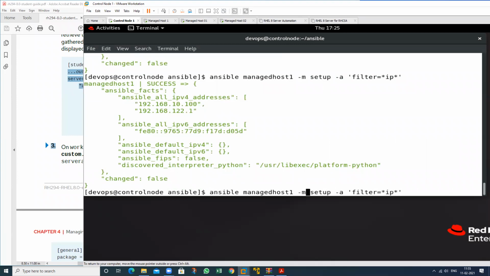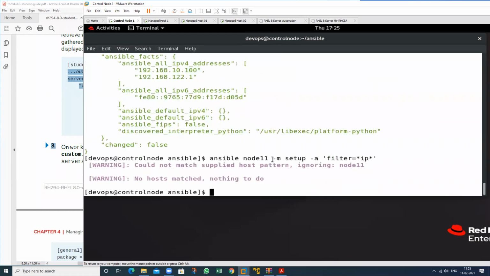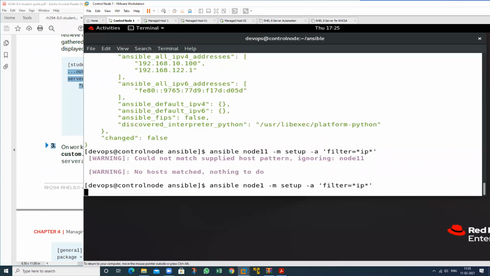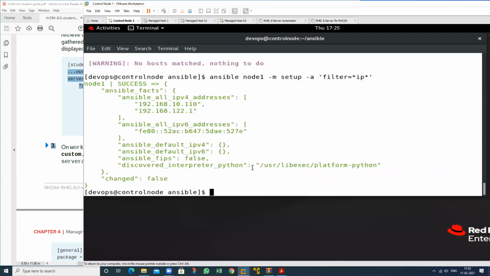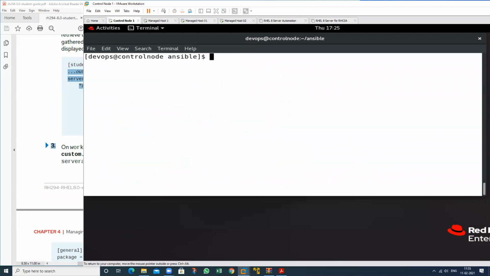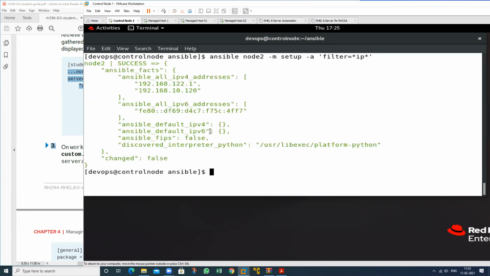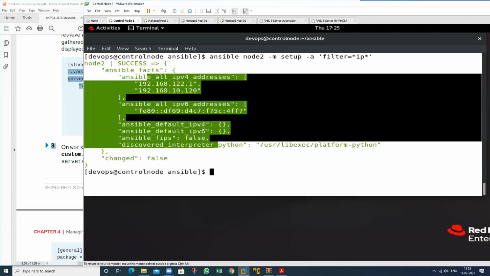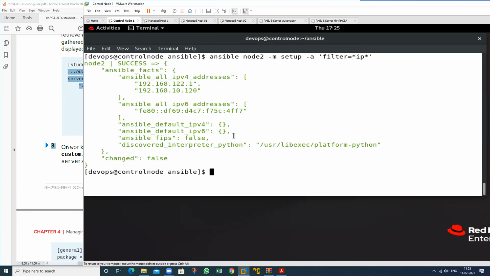And for node 1, check the information. Okay, I have missed spelling. What is 110? And node 2, 120. If I want to check node 2, so this is it, and how many LAN cards, what is the version? So we can see all the information.